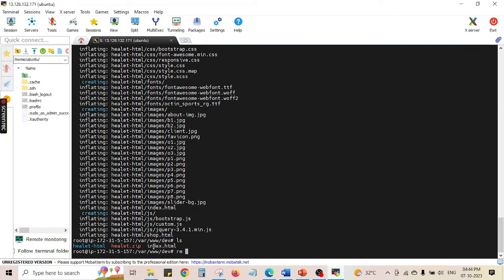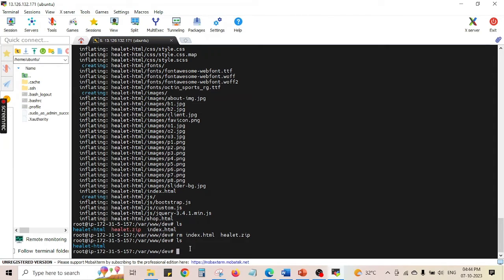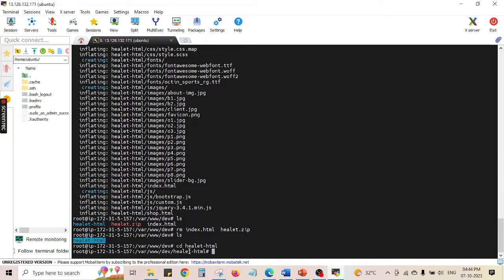I will delete index.html and the zip file of this. Okay, if you ls now, you'll be finding only this one. So let me go in, cd html. Okay, so what I will do, I will move all the content of this directory